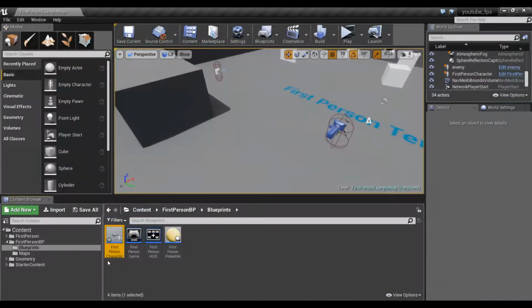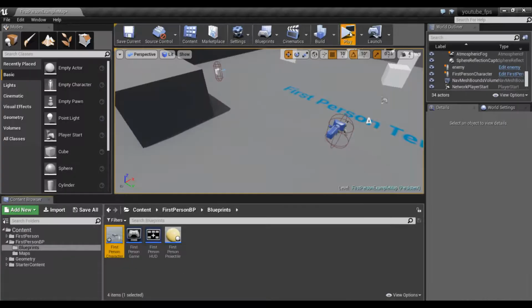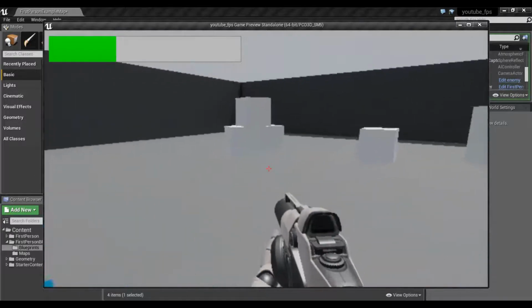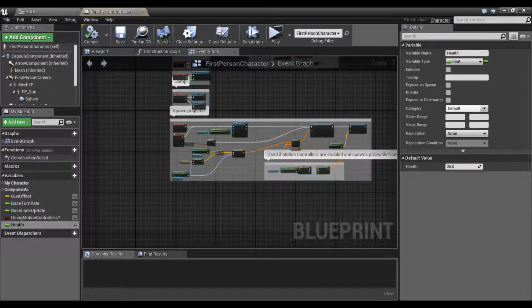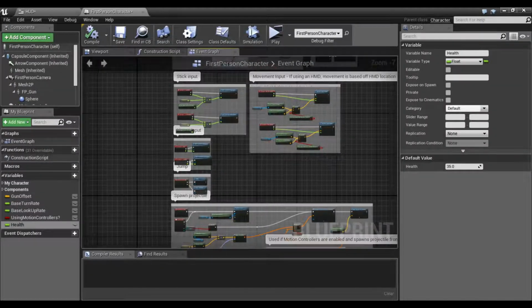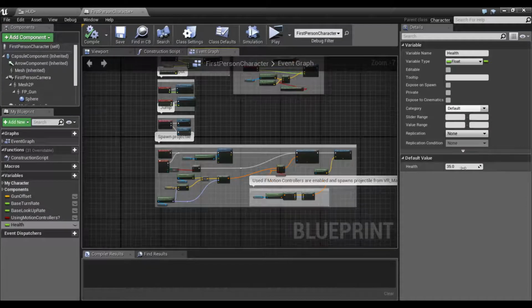The health is full, and if I change the variable and make it, let's make it 35. Now let's try to start it, and you can see it's working perfectly. But now we need to be able to get hit by the enemy and to hurt the enemy too. So let's make it full again,